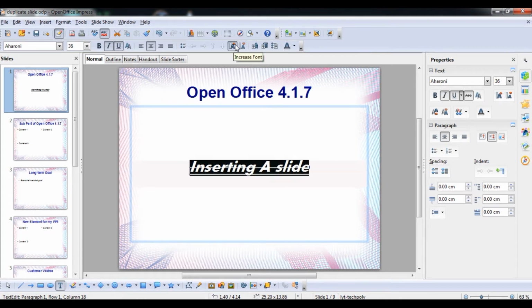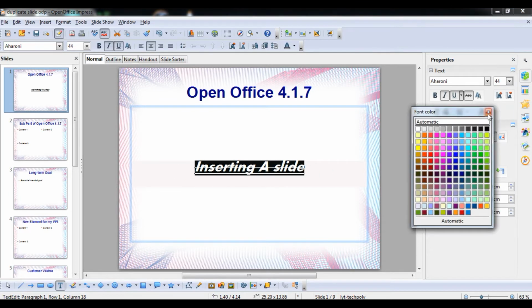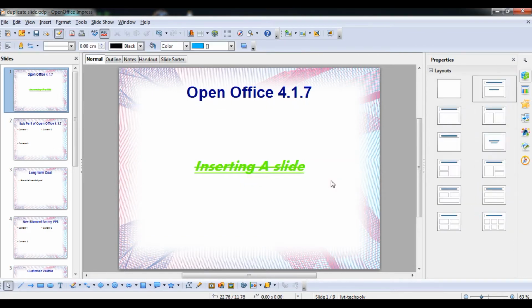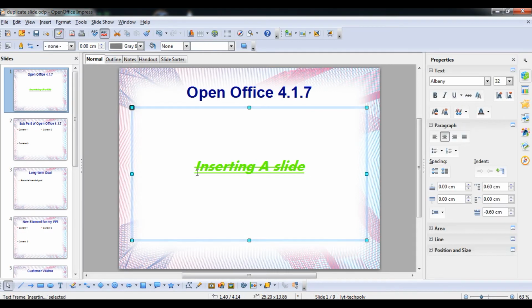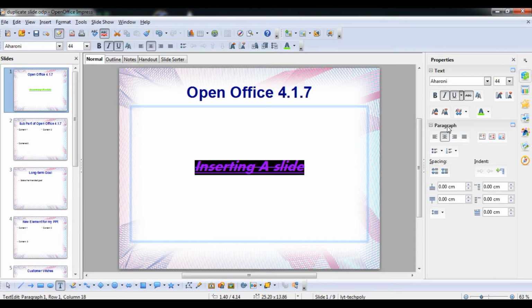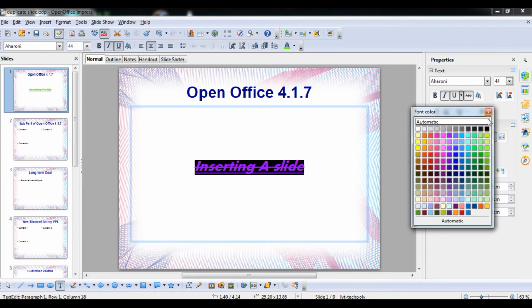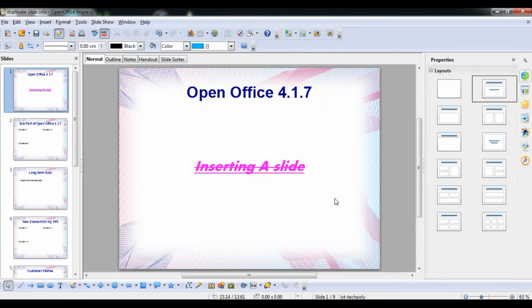Now you can increase the size like this. From here also you can increase or decrease the size of the font. Now we are talking about this function, that is font face and font color. You can select any color that you like. As you can see, the color is changed. If you select it again, this option will appear again, and you can select another color. Now you can see the color has been changed.